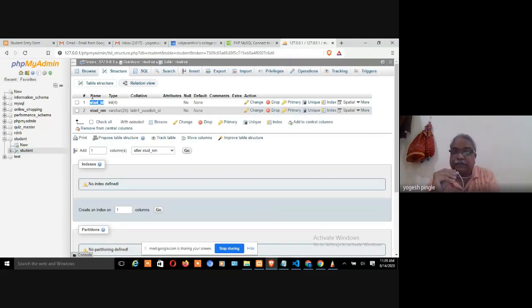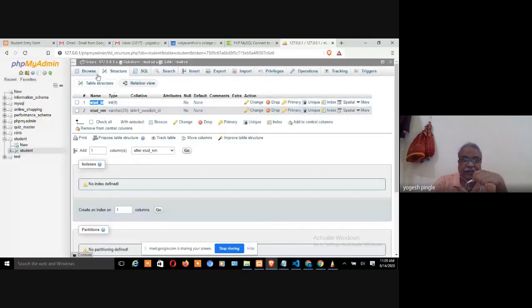So that's why, while designing a real-time project, whatever integrity constraints you would apply at the backend, do all of them at the front end. Front end means in the scripting, not at the database level. That is the recommendation in this case. So this is one thing I would like to manage.